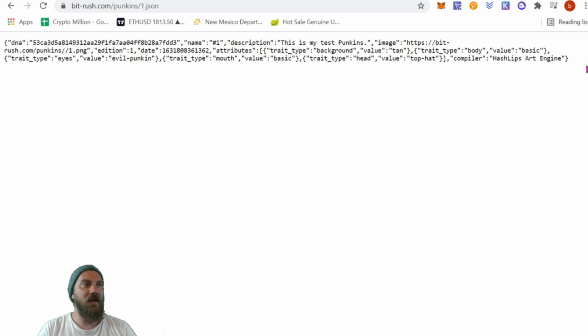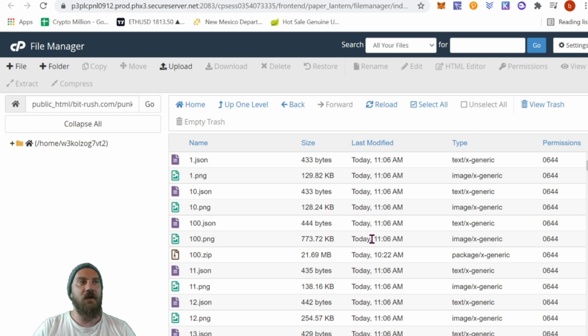Okay, so the reason why we don't want to do this, not only is it not actually on the blockchain and stored forever, but obviously if we were minting and doing a public mint and we had all this information, someone could find that information before they minted and just search through and see all the names of the files and all the JSON data, which is why a lot of times projects will do a post reveal, right? So they're not going to upload these until after everyone has been minted.